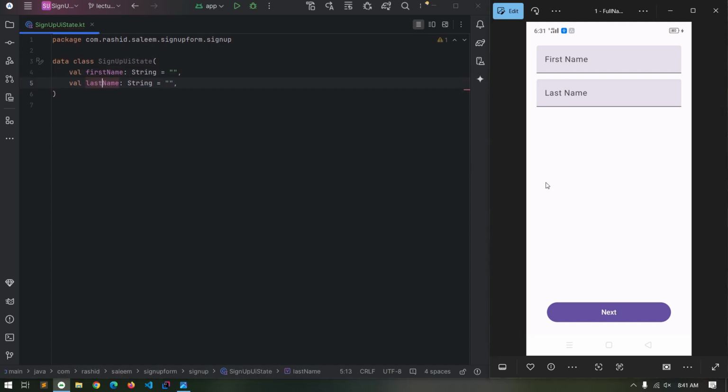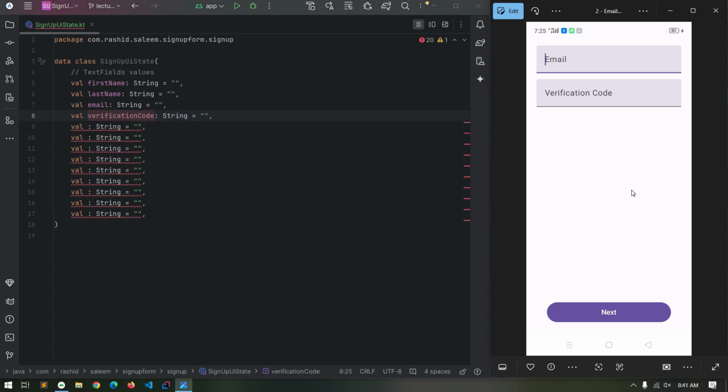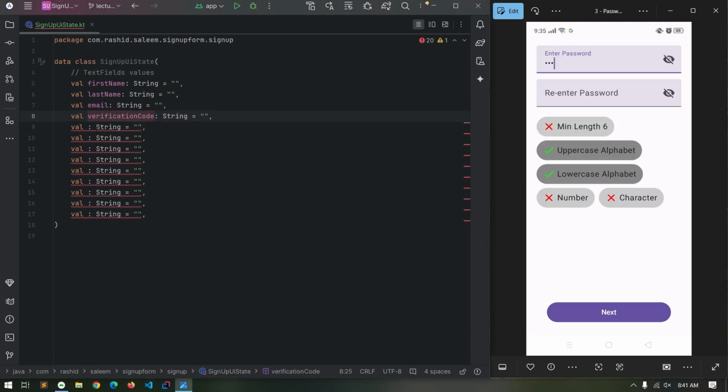last name, and on the next screen, in the next container, we have email and verification code. So we will copy this line multiple times. So press Ctrl D, remove this name and press Ctrl D multiple times. Okay, and here we have the text field values. So email, verification code, and in the next screen we have